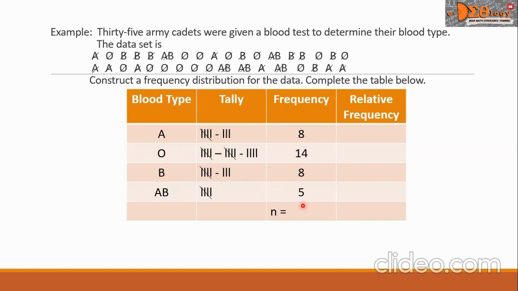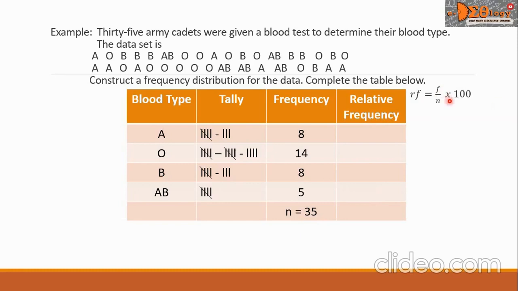And then, let us compute for the summation. We will take the sum of all the frequencies, and this is equal to 35. This number must be equal to the number of data in our data set. The next is, let us fill in the relative frequency column. The formula is given here. RF, that stands for relative frequency, equals F, that is the frequency, over N, that is the total of the